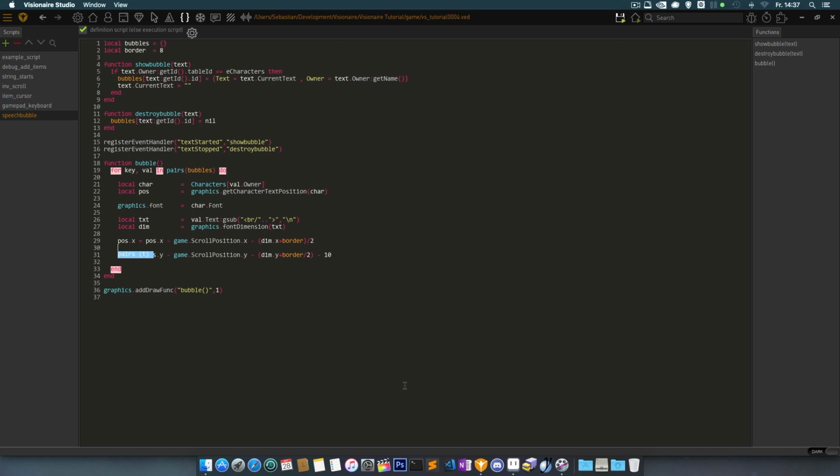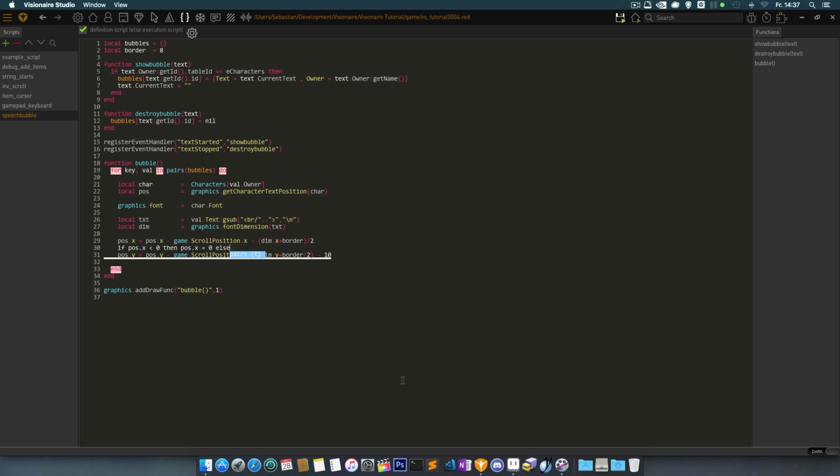Then we have to build in some methods to prevent the speech bubble from rendering outside the visible area, because it could be that the character or an NPC stands at the edge of the screen and the speech bubble would get rendered halfway, so you can't read it anymore, or it's chopped. So we have to prevent the speech bubble from doing this. We have to check if the X position of the speech bubble is less than 0, so it touches the left side of the screen,